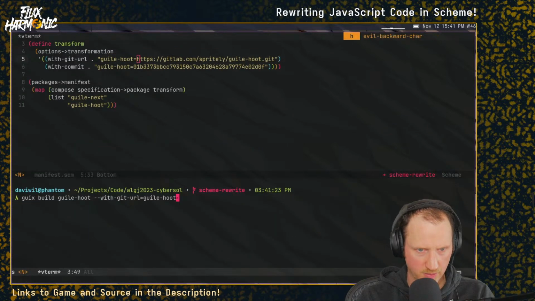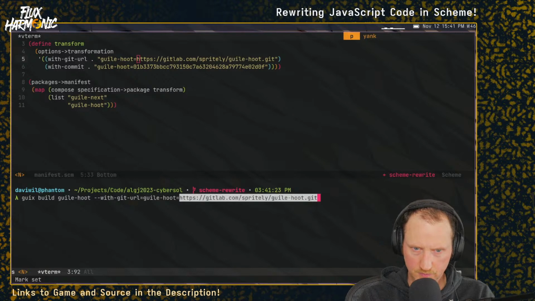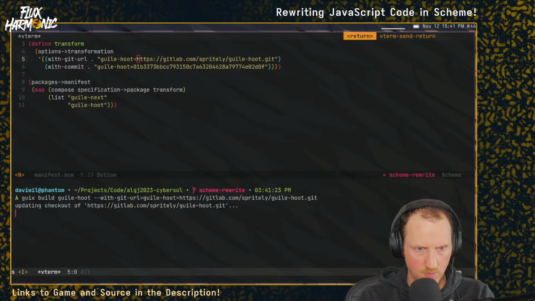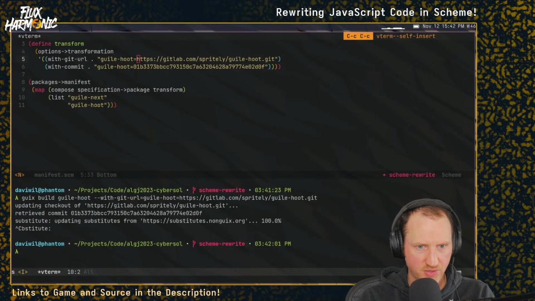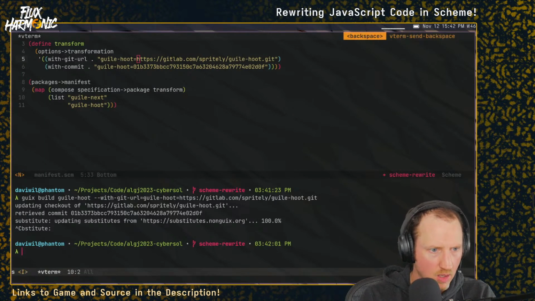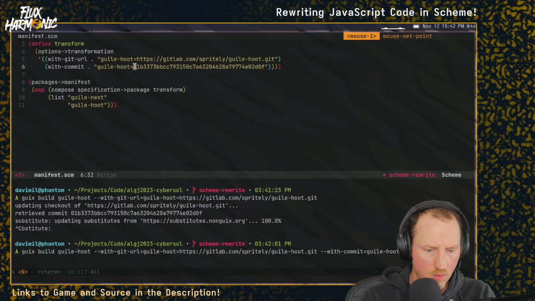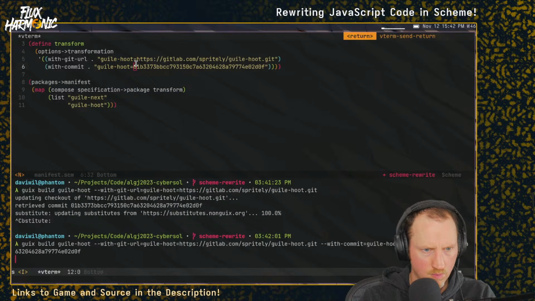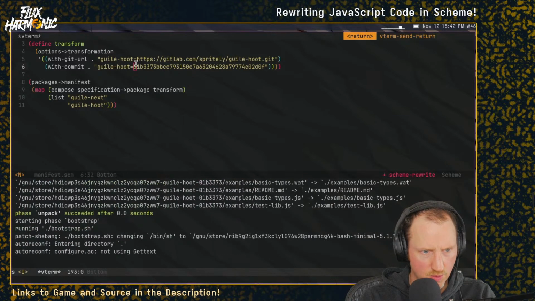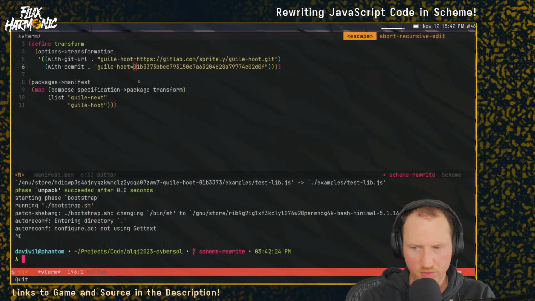Okay, forgot to put the tab bar mode on. Okay, so that worked, right? It's actually updating the checkout. And then if I were to go add with-commit, guile-hoot equals... all right, so it's clear that it can be done, but for some reason,